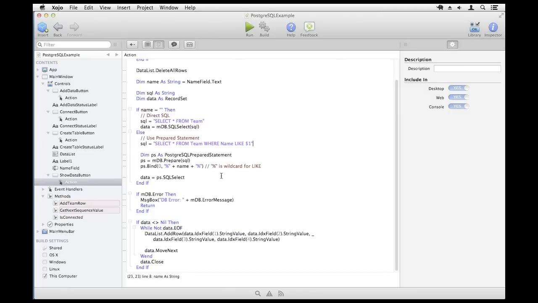Most of the time, you're probably going to want to be using prepared statements, unless you do have very simple things that the user cannot be modifying. SQL injection is a real concern, particularly for web apps, because those are generally publicly accessible, and you don't want to have that level of exposure. For desktop apps, it's not as big a concern because those are not as accessible, but prepared statements can sometimes